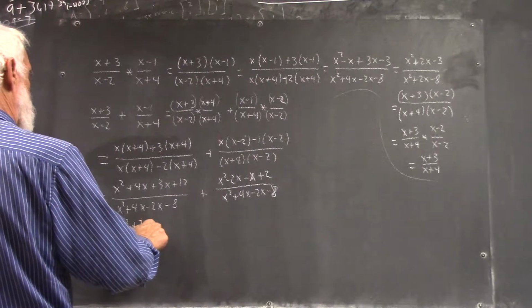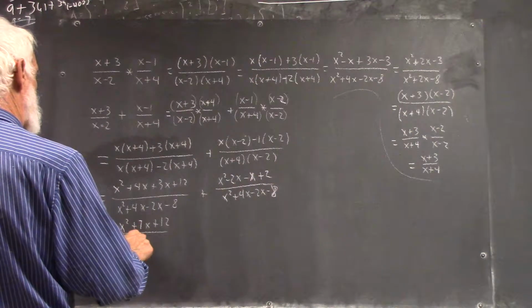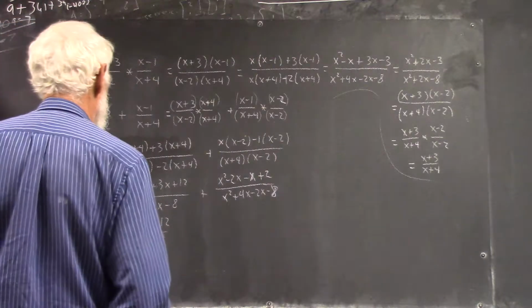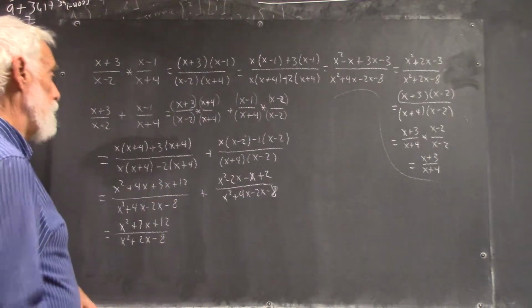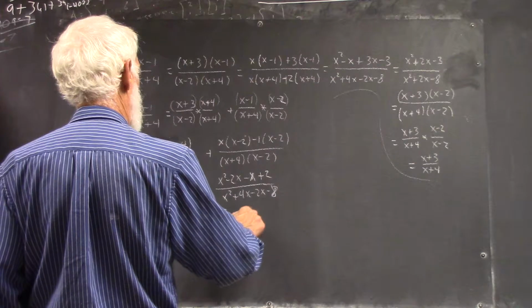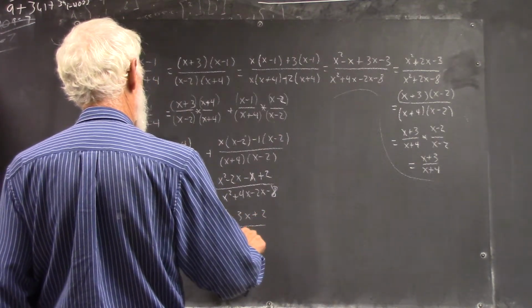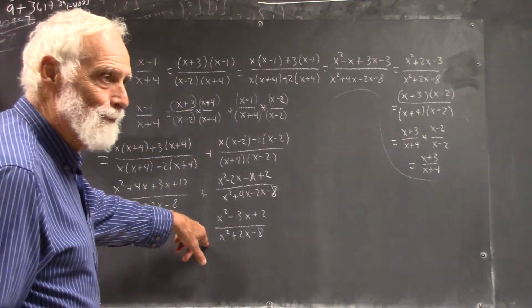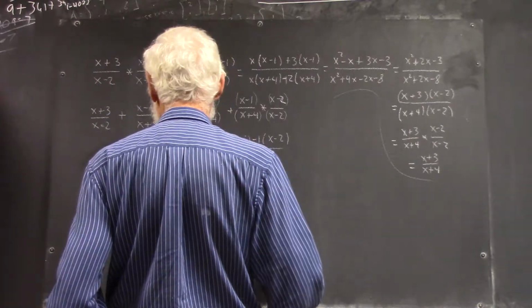And just taking it slowly, not in a hurry to do this. This gives us a 7x here, right? And the x squared and the 12. And this gives us minus 3x, along with the x and the 2. And this, of course, comes out the same as this because that was our goal. Okay? And this equals then